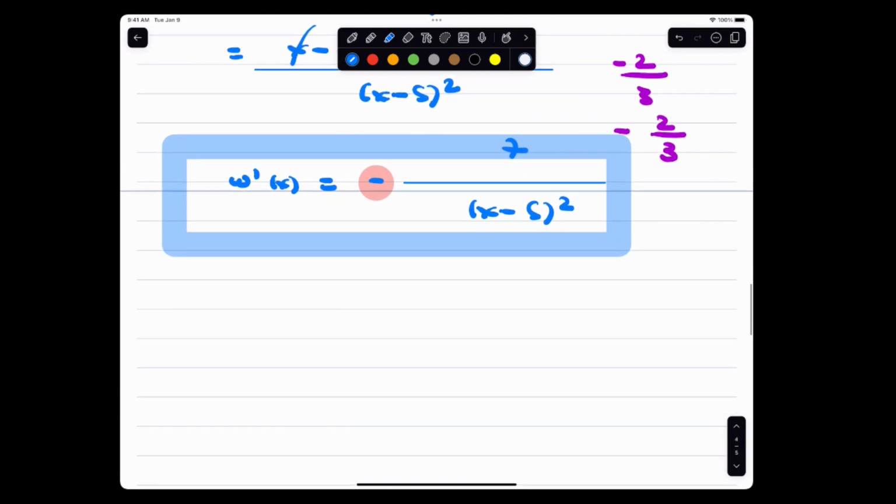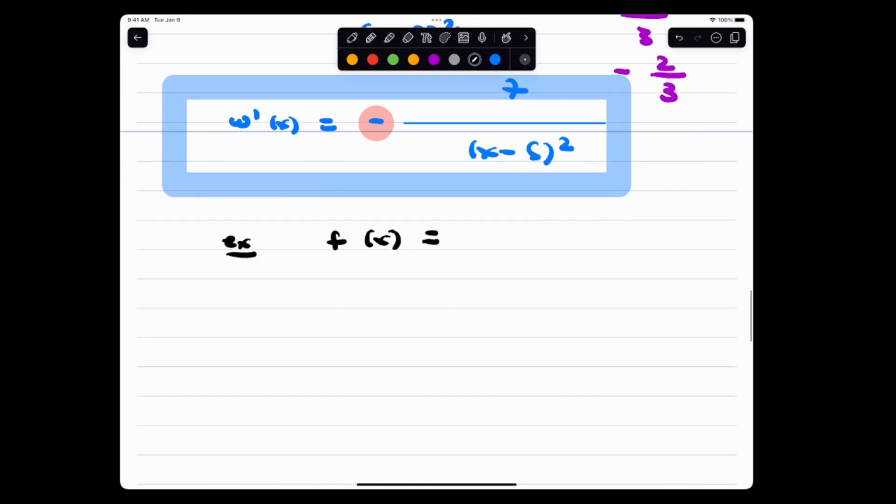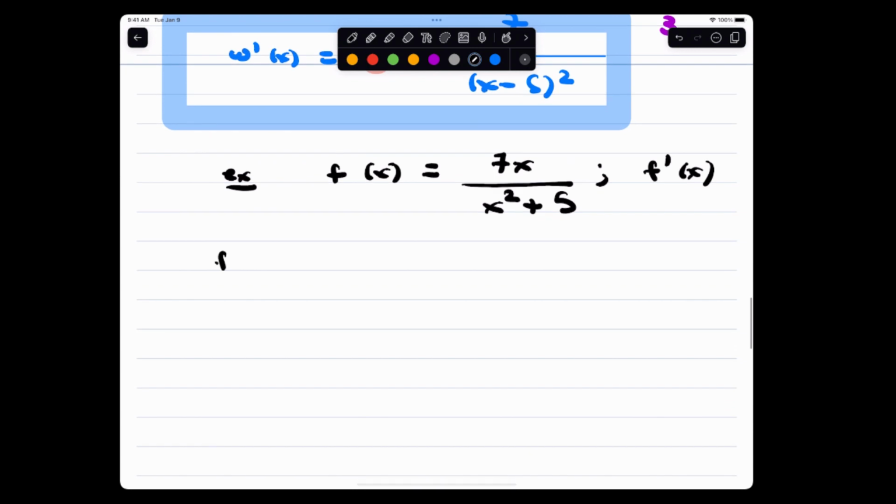Okay, what do you guys think? Is that okay? Okay, now remember, don't get upset. They always like to give me f of x. Maybe if they gave you f of x and they have 7x over x squared plus 5, they're going to have you find f prime of x. So if you are familiar with the quotient rule, because you have a quotient,